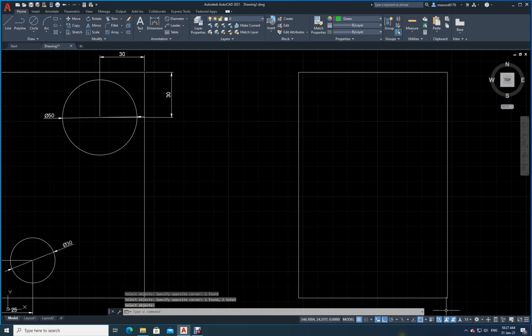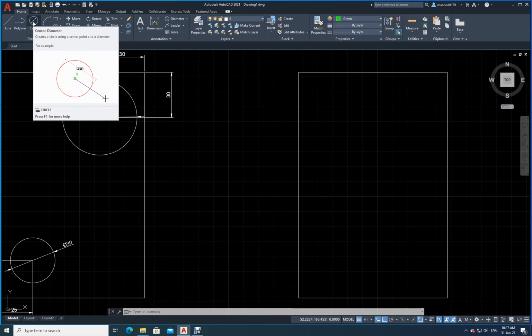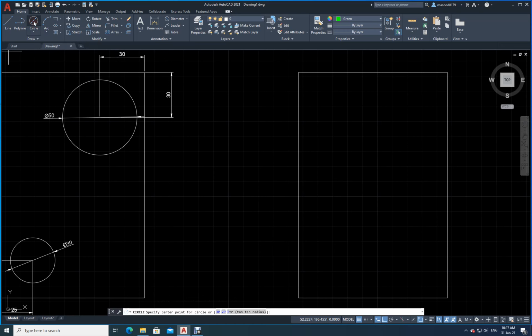Is this clear? Now I will select the circle command. Circle is what I need to draw. Is it clear? I will select circle. Then what will I do? I will not type anything in the command line. I'll just keep it here. I will type TK, enter. See, the moment I press TK enter, at the bottom you can see here tracking point. In the command line, circle first tracking point, it is telling.